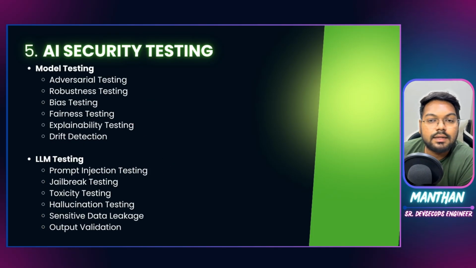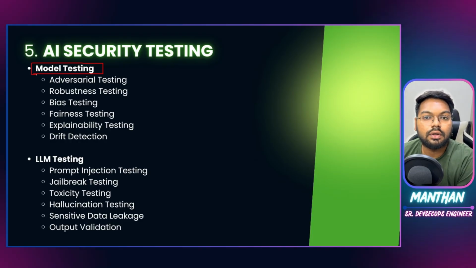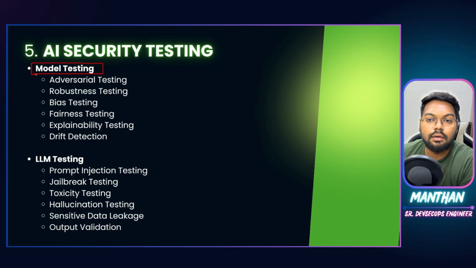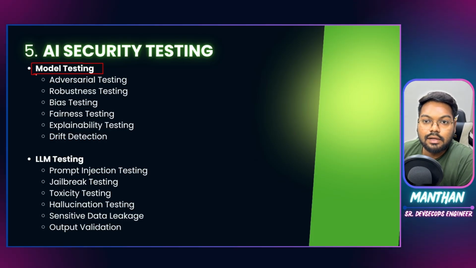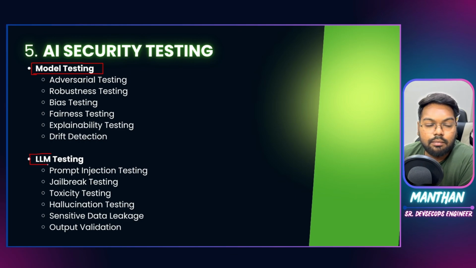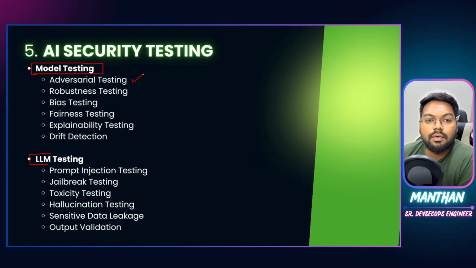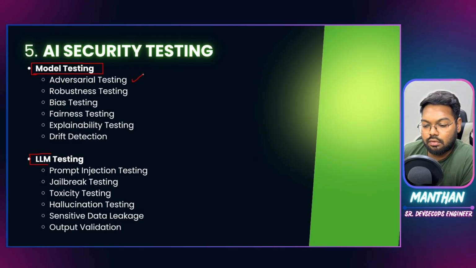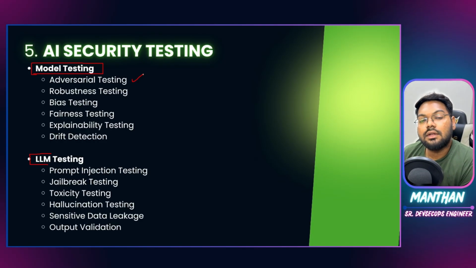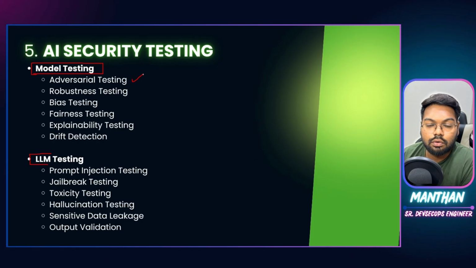And then comes model testing. Once your model is built with some training data and all of these things, you need to test or evaluate the model along security lines. What you could do in model testing is model testing and LLM testing. First of all, adversarial testing deals with what happens if someone tries to give any malicious input or a malformed script to execute on your machine. How easily does your model accept that request and perform it on your own compute machine?